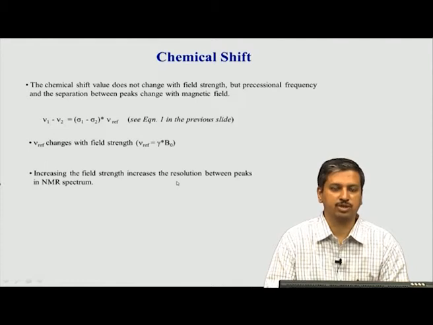Typically, for chemists like organic chemists and those who work in the area of peptide NMR, up to 600 megahertz is more than sufficient from a practical perspective. But when you go to biomolecules such as proteins, nucleic acids, carbohydrates and so on, you need a lot of resolution, and that is why those working in biomolecular NMR prefer a high magnetic field like 800 megahertz, 1 gigahertz and so on, compared to the organic chemists, for whom 600 and below is sufficient for most practical purposes.